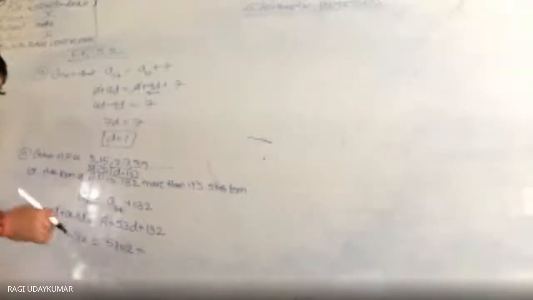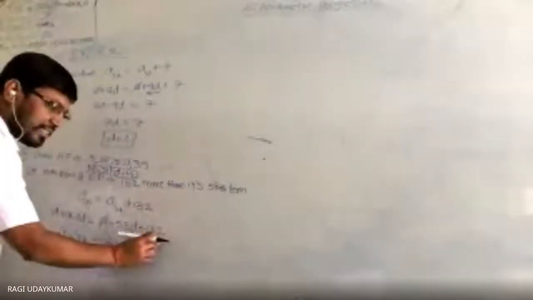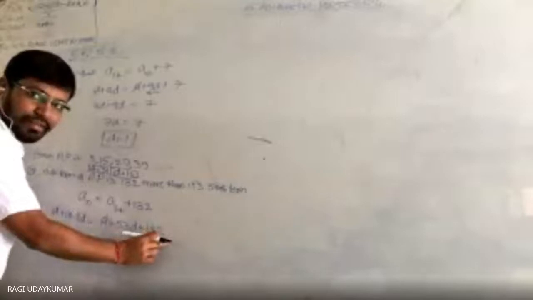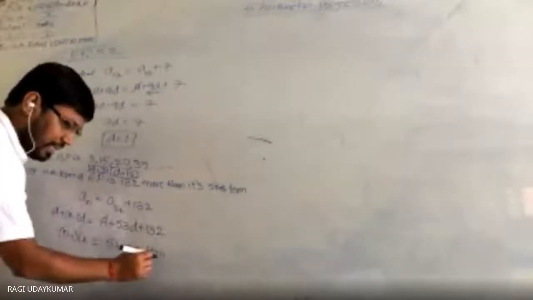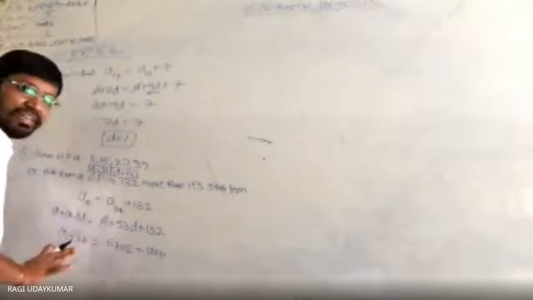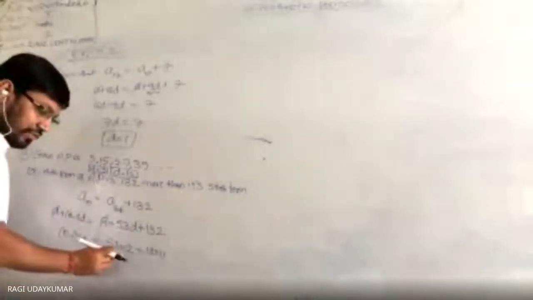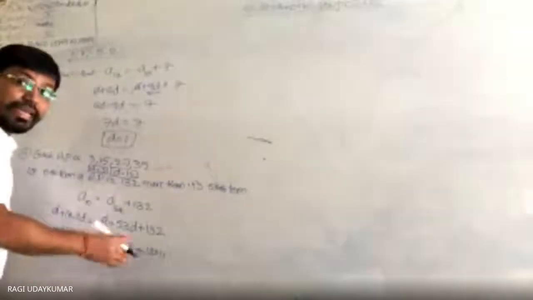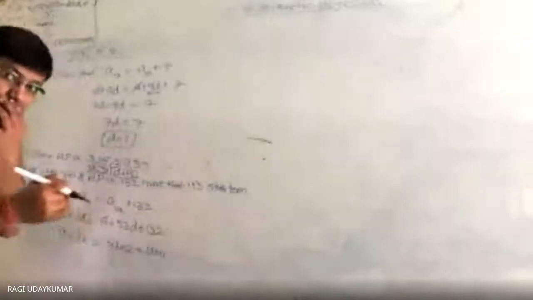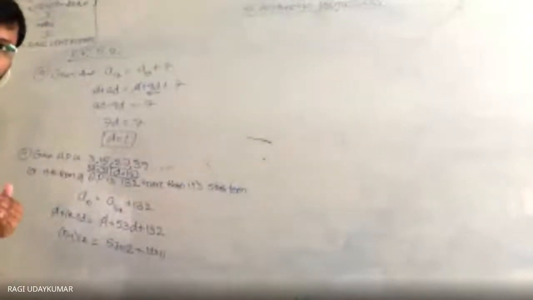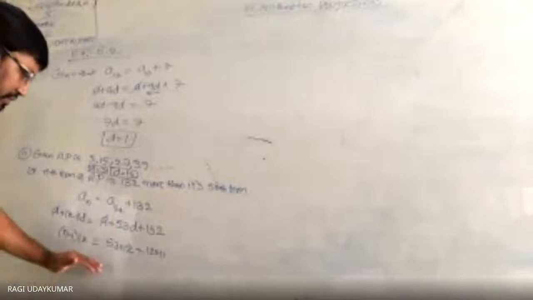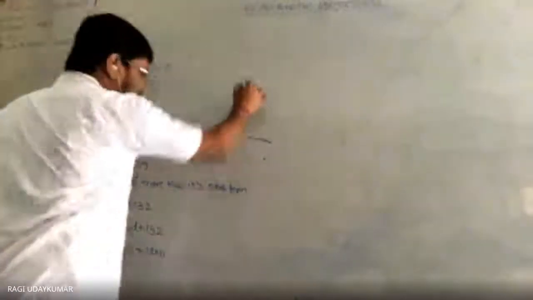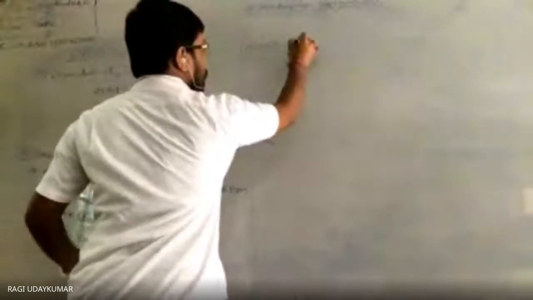See here, already you are having 12 as a product. To make the calculation a little bit easy, you see that this 132 is a multiple of 12: 12 into 11. If you take the 12 common, this 12 and 12 will get cancelled. So that's the calculation. Otherwise, multiplying 53 by 12 takes more time for you to do the problem. So such type of advantages you need to use while doing the calculation. So what to do here? This n minus 1 into 12 is equal to 12, take the common from these two terms. So 53 plus 11.